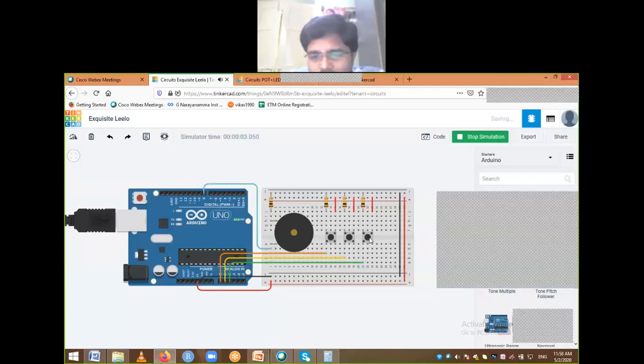It's like it's trying to make something like sa, re, ga, something like that. Like that, you can create a keyboard using this Arduino, push buttons and a buzzer. Okay, so that's all. If you have any doubts, you can just give them in chat.